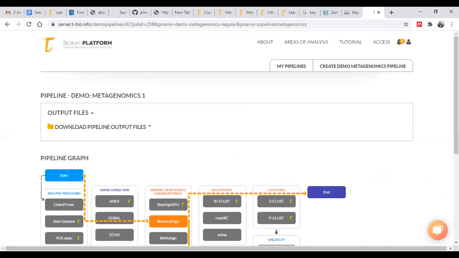This is the simplest way to generate a metagenomics abundance table for a single sample. If we have multiple samples, we will get multiple abundance tables. Now let's go back to the presentation.